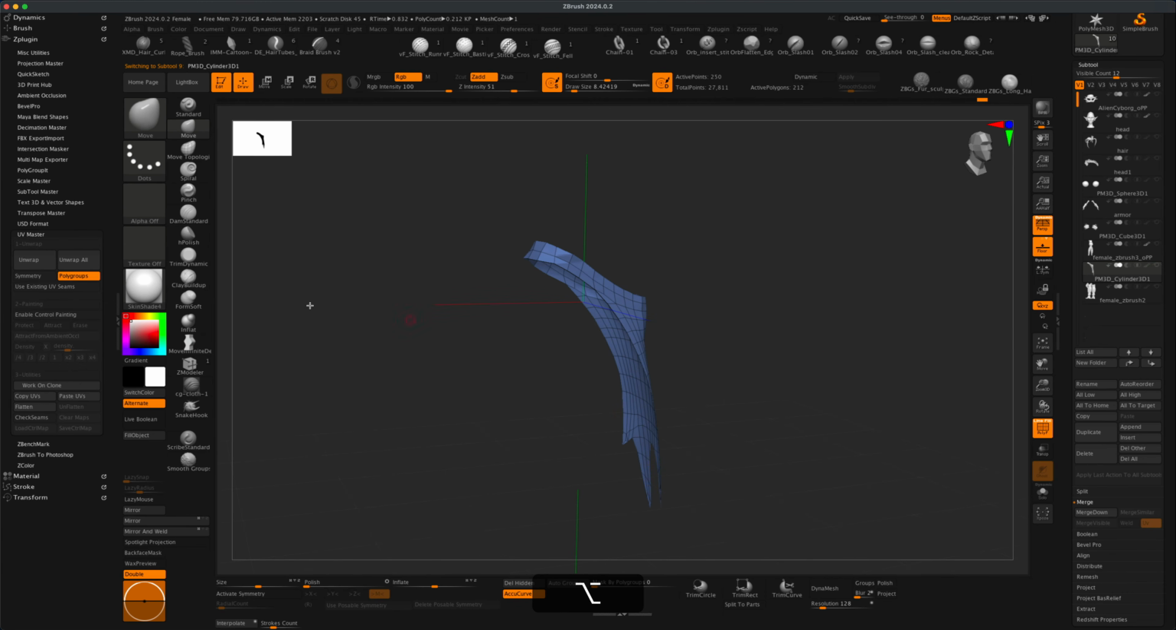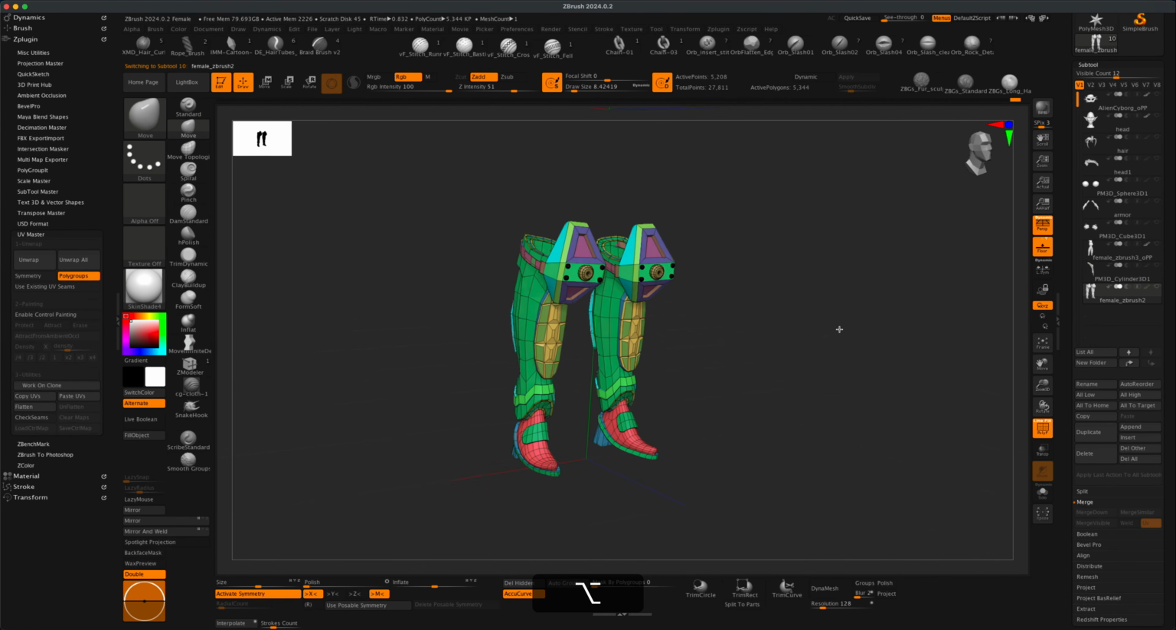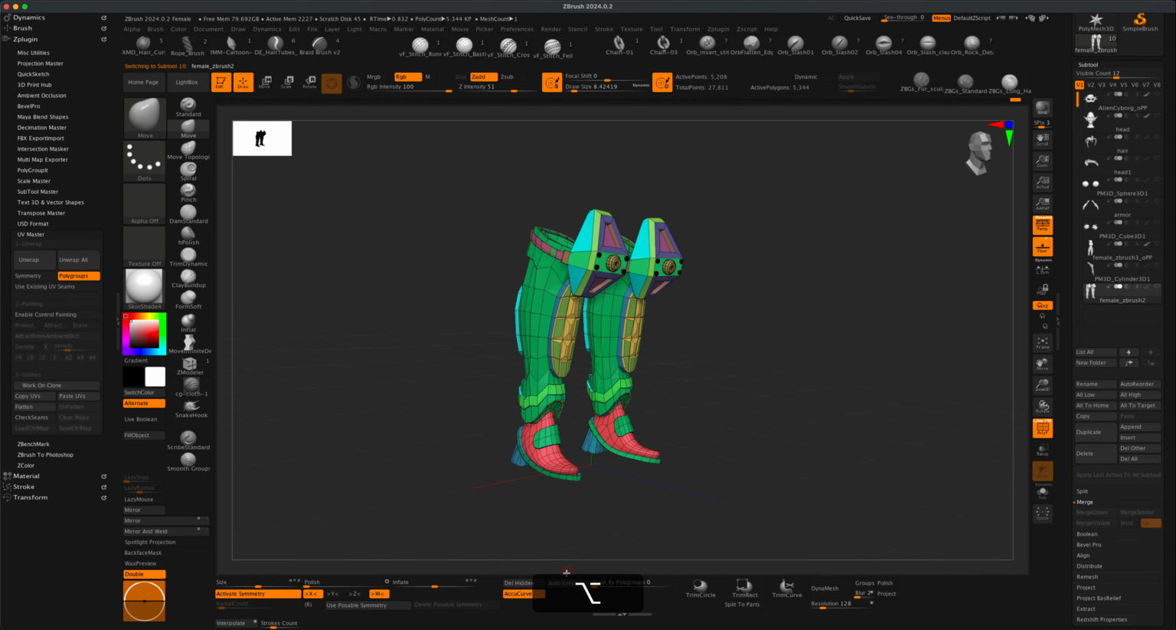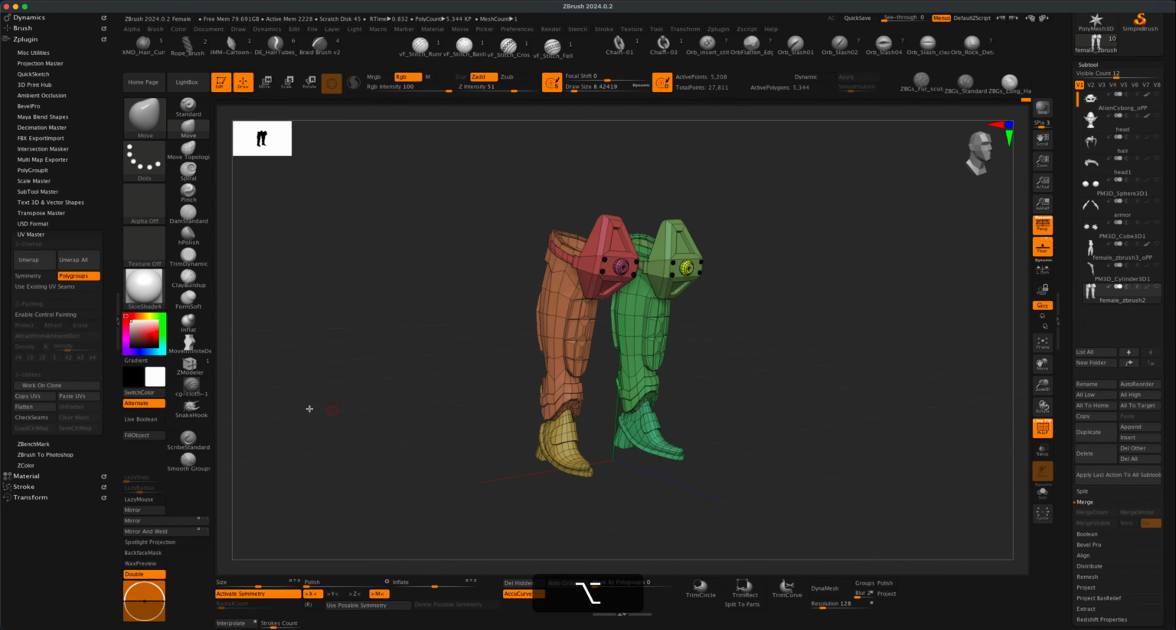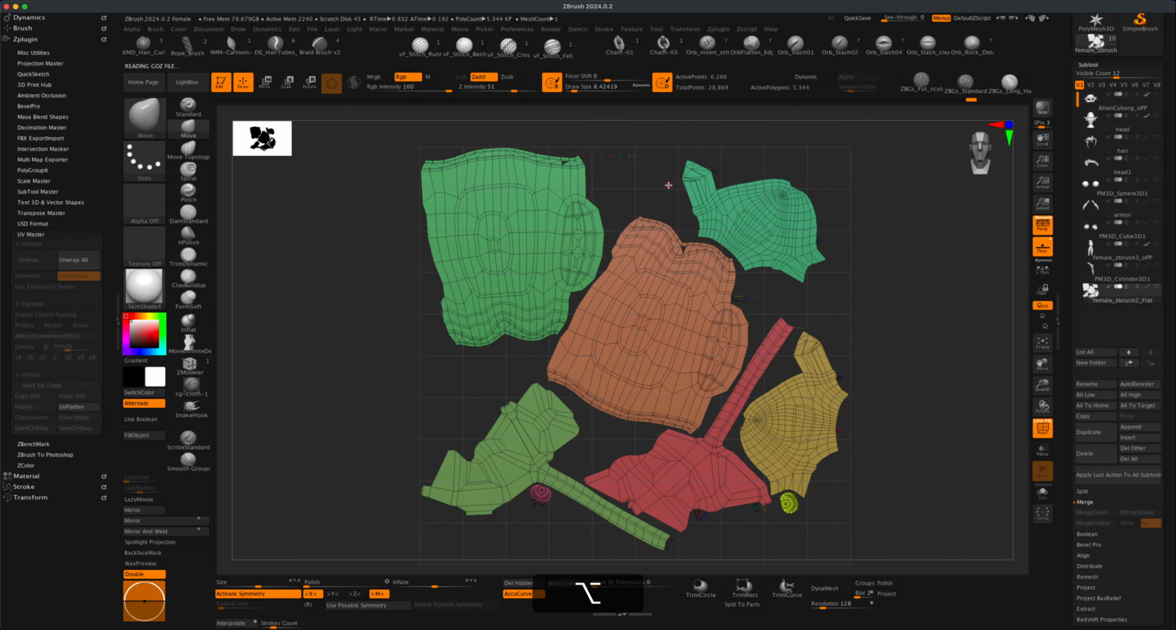This is going to be our cloth. That's going to be really easy. Just unwrap, flatten, unflatten. Next is the boots. Same thing with the boots. Let me just auto group these and do polygroups unwrap. Let's jump into a flatten, take a look. I think this is